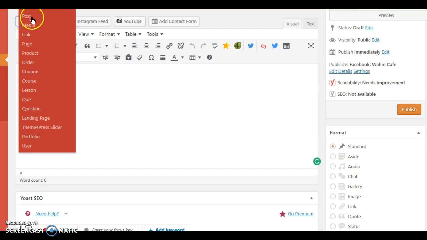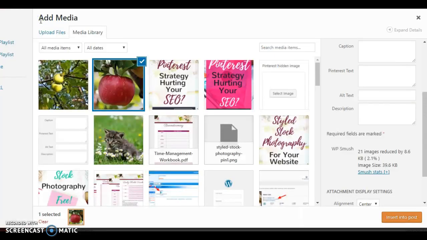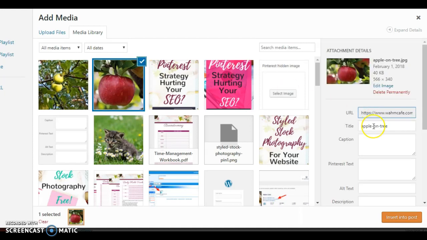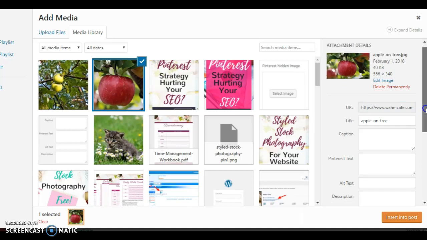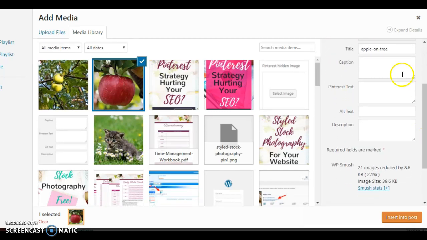So I'm going to come on over here. I'm in my WordPress dashboard, and I'm adding a new post here. So I'm going to just click on my Add Media button. And for now, I am just going to use this simple apple picture. So when I scroll down over here on the right-hand side, you will now see that I have an additional